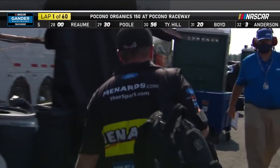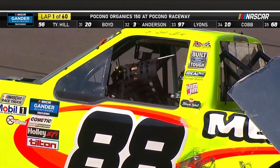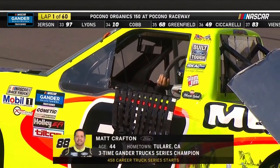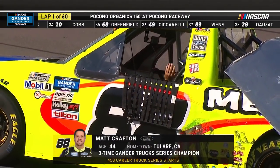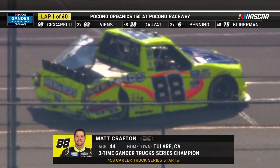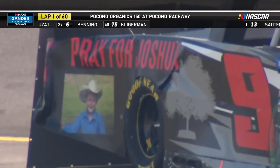Well, that's tough right there, Todd. You've been there. We've all had to wreck on the first lap in our careers, but man, it's the most disappointing. You worked so hard for this moment, and it's so disappointing. You didn't even get a chance to race. You didn't get one corner in. All that work gone down the tubes. We know how hard these guys work and how excited they are to get out the race